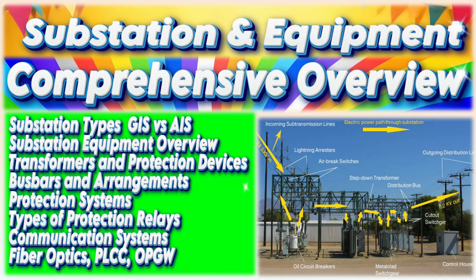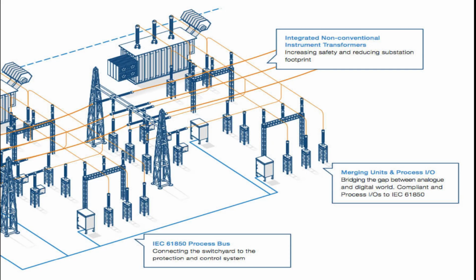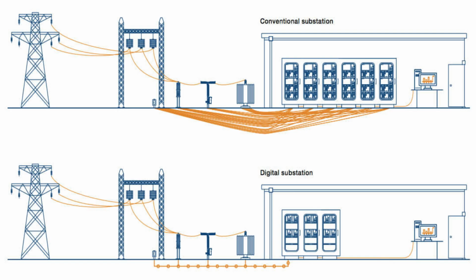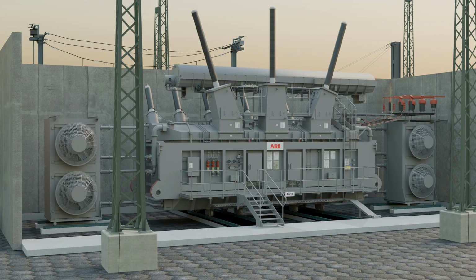A substation contains a coordinated set of high voltage and medium voltage equipment designed to control, protect, transform, and distribute electrical power safely and reliably. Key components include transformers that change voltage levels, circuit breakers that interrupt fault currents, and disconnect switches that provide visible isolation for maintenance. Busbars distribute power between incoming and outgoing feeders, while instrument transformers, CTs and VTs, supply accurate signals